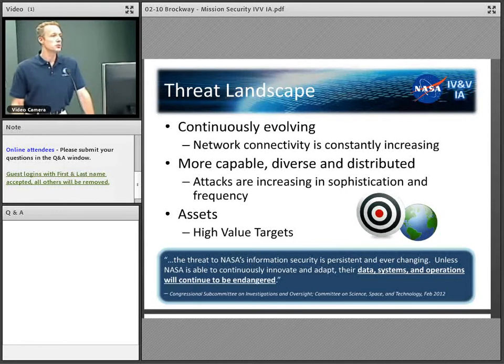So what does that mean? Let's not rest on any laurels of saying, hey, we haven't had loss of mission, loss of data. In particular instances, there is no perfect system, so given that it's a limit function and the threat is pervasive, let's do everything we can to self-assess and improve our system software and hardware.